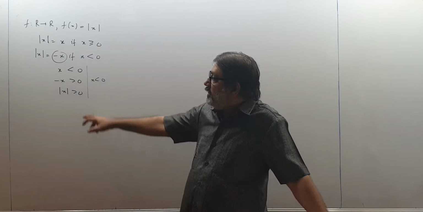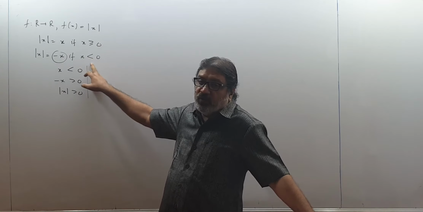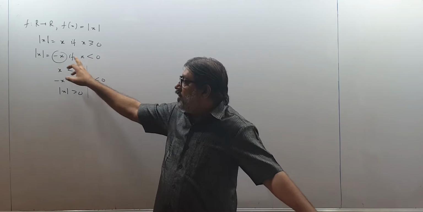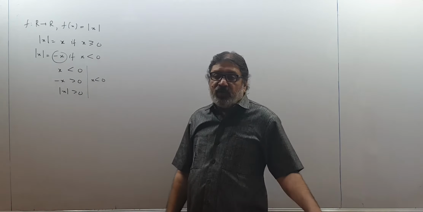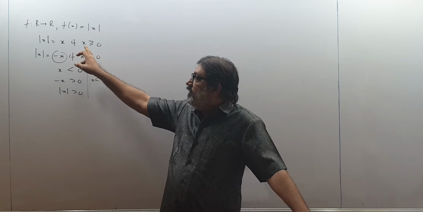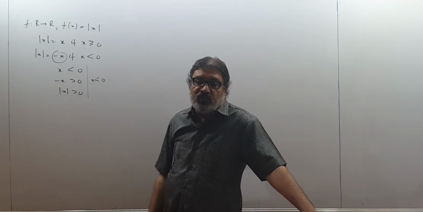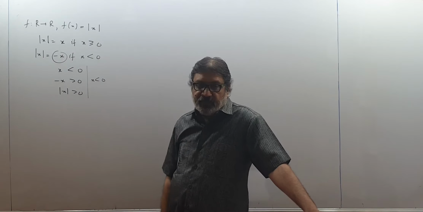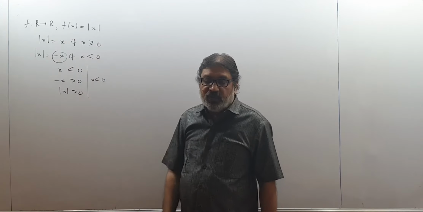Remember, children, if I write here also less than or equal to 0, it does not make a difference, because x less than or equal to 0 means x can be 0. So here also mod of 0 is minus 0, that also is correct. So you can think like this: mod x will be x if x is greater than or equal to 0, or mod x will be minus x if x is less than or equal to 0. That way also you can think, there is no harm, because if I take x equal to 0 from here, mod of 0 is minus 0, that is the same only.